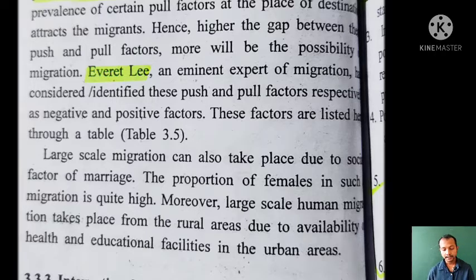Then another one: in the previous video it was mentioned that people move from village to city because the city has better facilities of education, better health services, and more job opportunities than the village. People find it that way, so from the village people move to the city area. So this also is migration. Okay, dear friends, these are the different types of migration that we have been seeing.